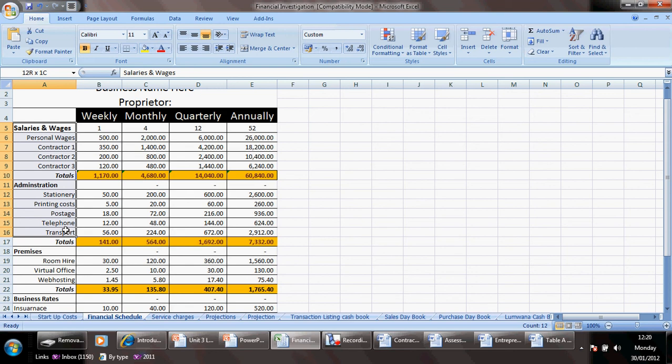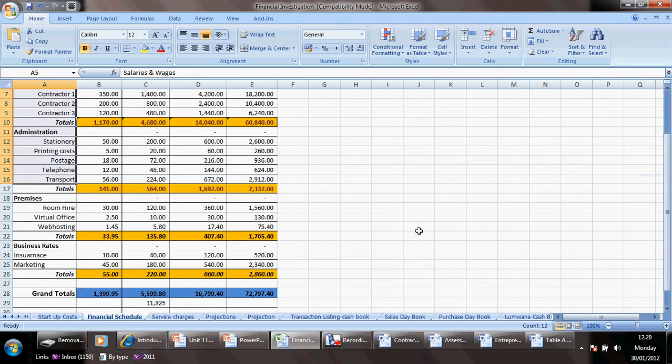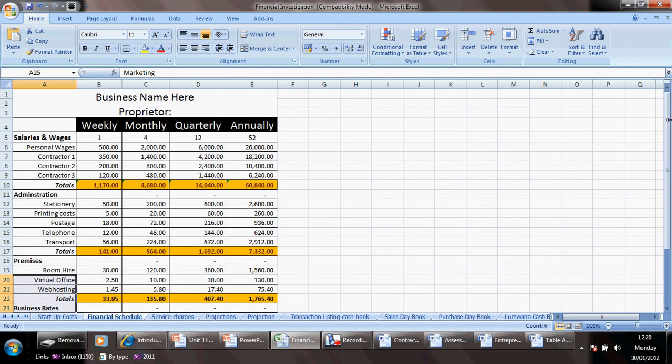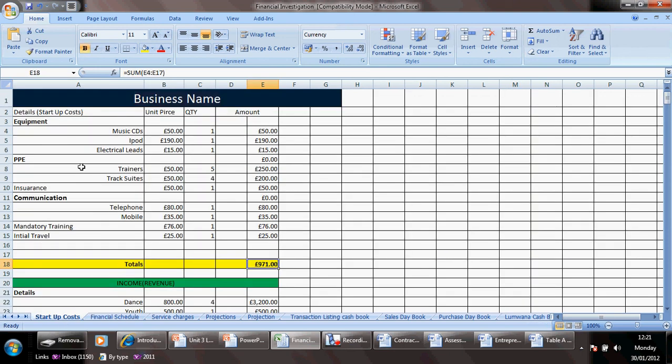It should cover you 3 months of salaries and wages, administrative costs, premises, or even 6 months, and some business rates. Then the second trading period, the business must start reproducing and paying for itself. And also, I emphasize, it depends on the size of your business. Some businesses might need a good 2-year cover capital before they begin to make a profit. So I want you to research on this, but the important thing I want you to identify and be able to work with is draw up a financial schedule in this manner, and you will have also learned how to draw up